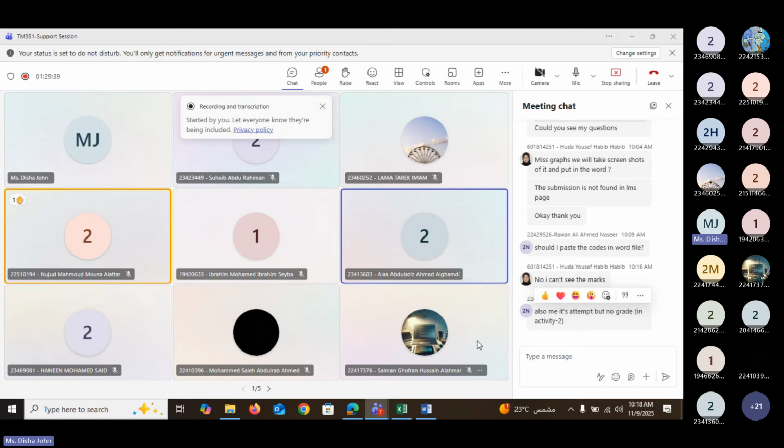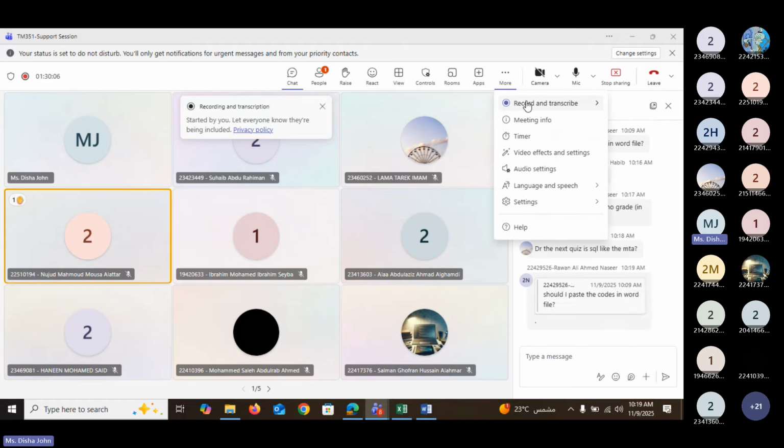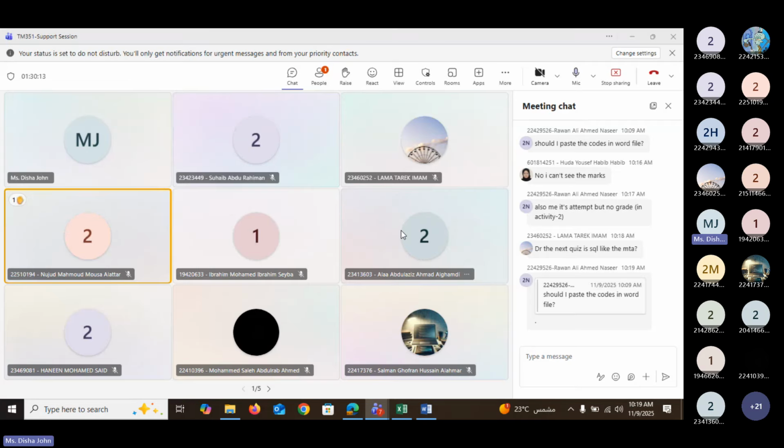Any other question? If no other question, I will stop here. Yes, the next quiz, you have to write the SQL statements. It will be the same as the MTA. Okay. So can I stop? No need, I already told you, no need to paste the code in the Word file, just put the screenshot of